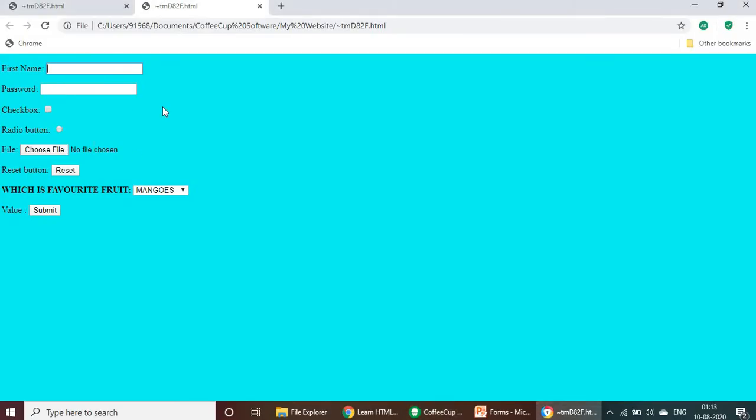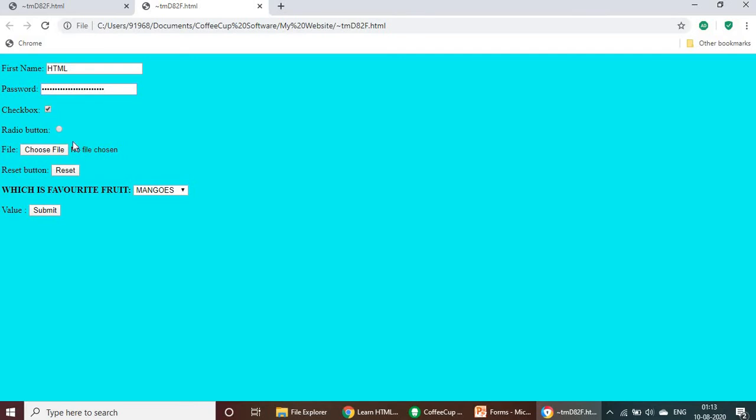This is a simple example. In the first name, when you update any values, I'll type HTML. Here you can see it. But in the password text box, if you update any values, here also I am going to type HTML. However, you could not see that because this is the password text box. Whatever text you are typing is not visible. It's hidden in the backend, so you can see only the bullets. I am typing some values, however you could not see the values.